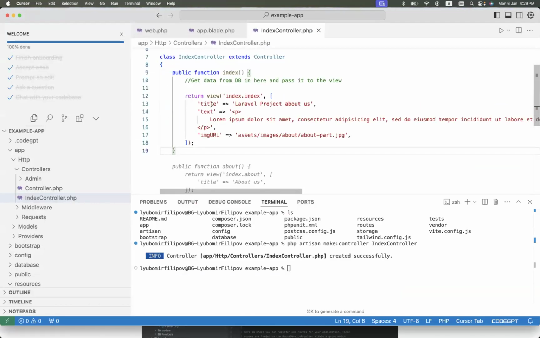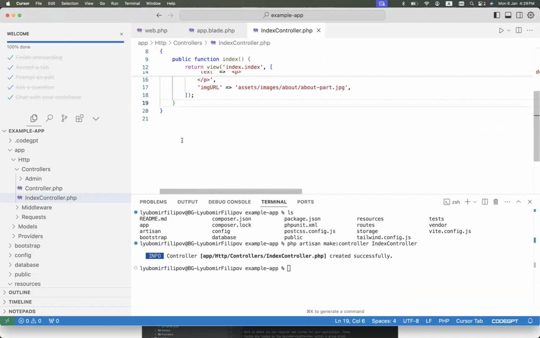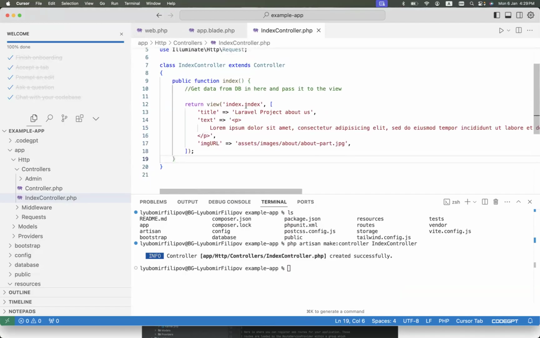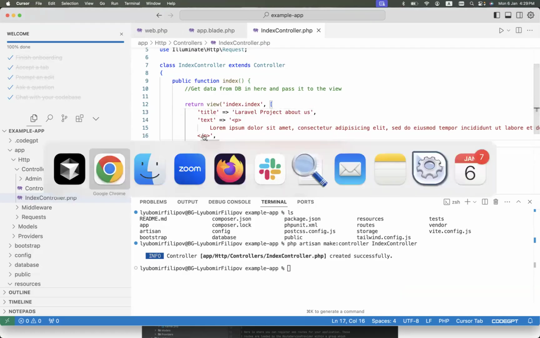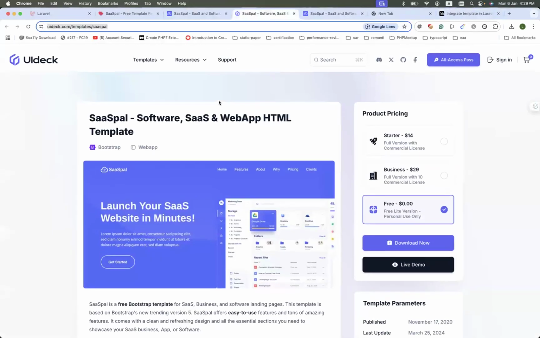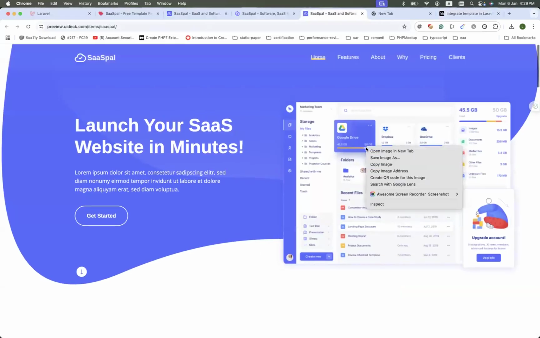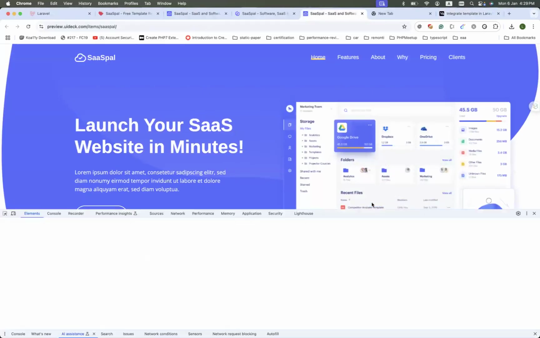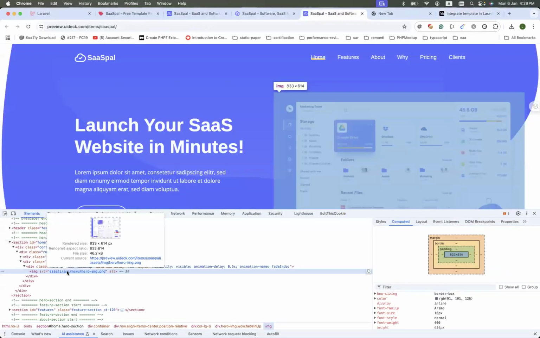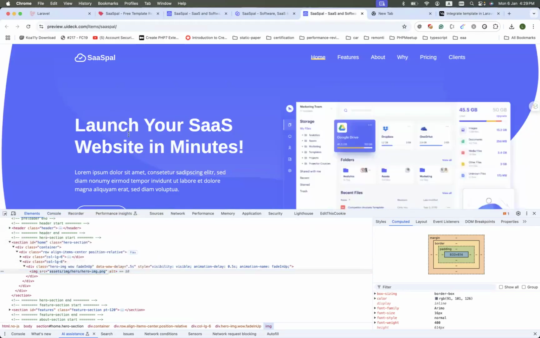I'll just copy paste it. The index method, how it works. It adds some title, some text, and some image URL that's referencing the assets. Why I'm doing that? Because you could have such cases. So probably this is an image. Let's investigate and confirm that this is an image. Yes, it is. So I'll use this,